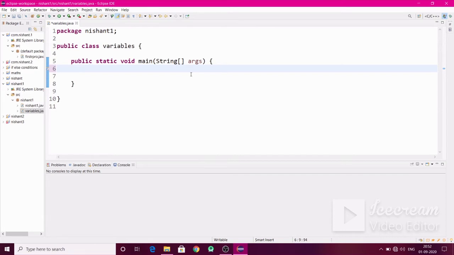So the first type of variable we are going to discuss is integer, and the code for it is int.